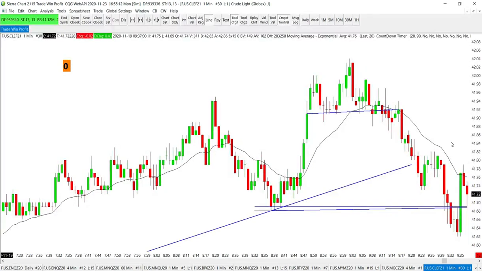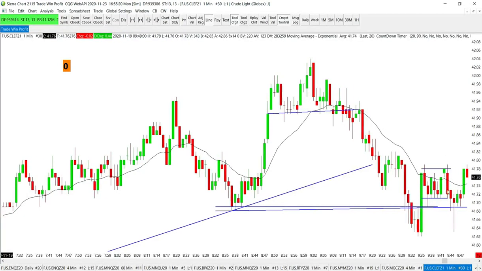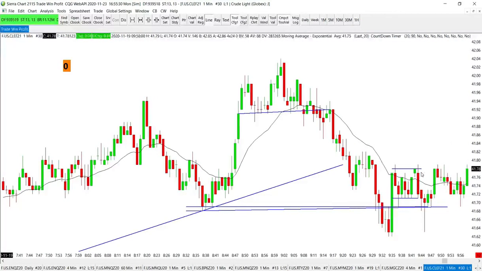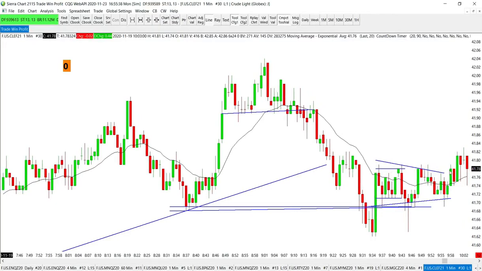Me personally, I wasn't really looking for a short right here, but notice how we started to consolidate right at that breakout. So I was like, let me take this breakout right here. And as soon as it broke out, it came back in. It couldn't close below this, and we have this support right here. I got out. Now notice how we are basically right at support, and we're consolidating. So I went long right here. Okay, so I'm long,